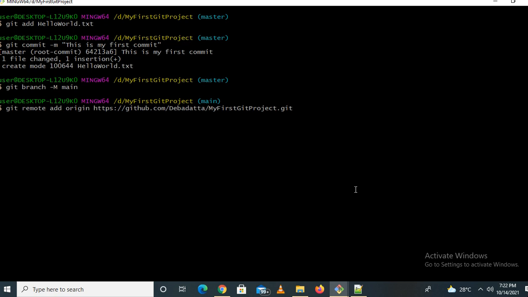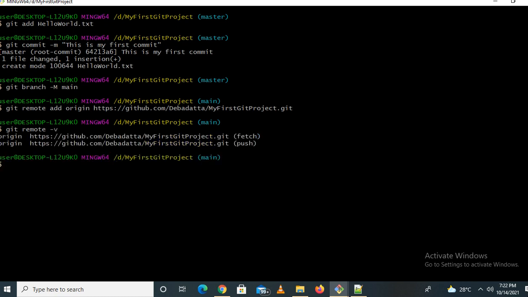You need to add this URL to this folder. You can check with git remote -v whether this remote has been added or not. Yeah, you can see this remote has been added to my local repository. Now I'm working at the main branch.